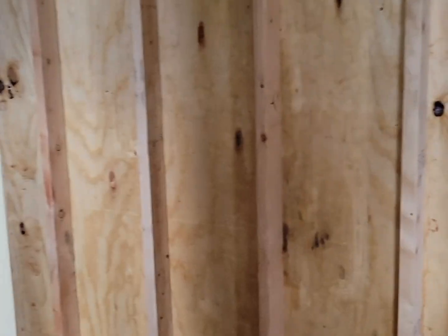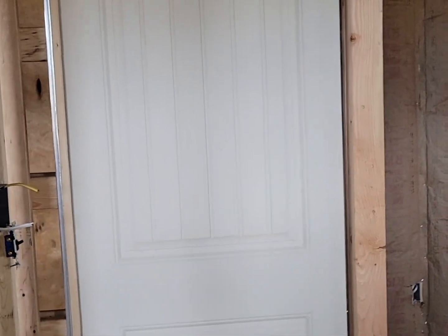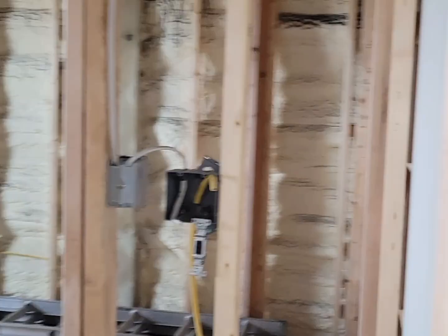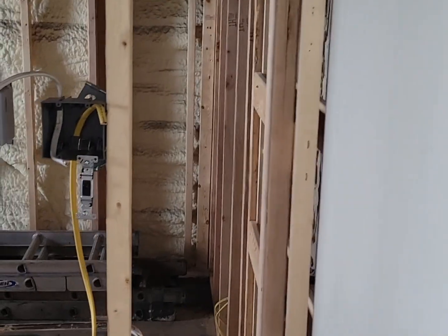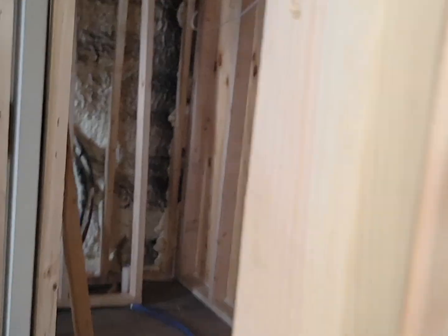But my favorite part, back to where I was talking, is that we put this pocket door in here. This is a fantastic saver of space. So when we have people here, we can close this off and still have the privacy of the master bathroom from the master bed. And when people aren't here, we just leave it open because the kids usually use our bedroom as their second bedroom for some reason. But then we have a nice master suite